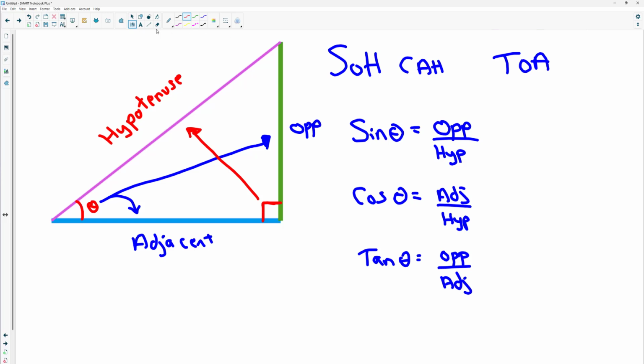So depending on where our angle is, our labels can change. I'll show you that in another example. But for now,